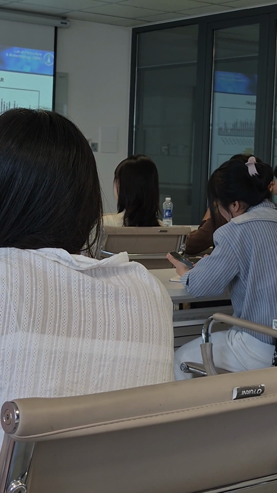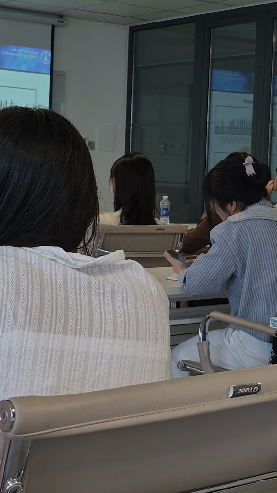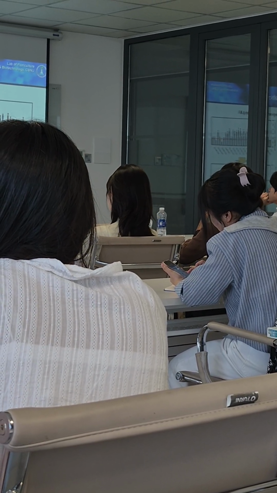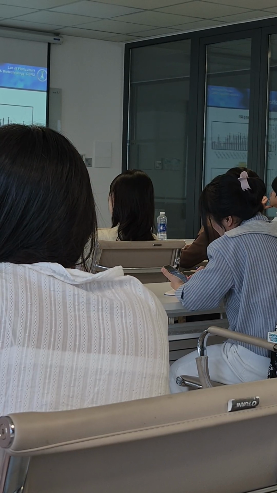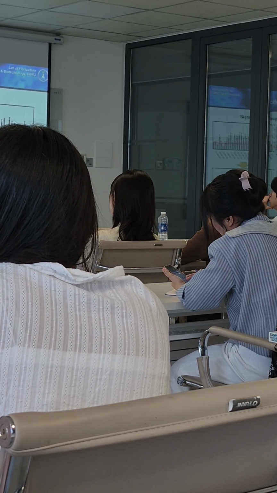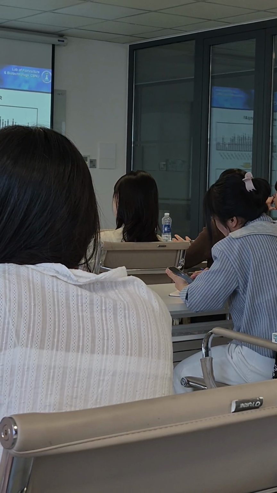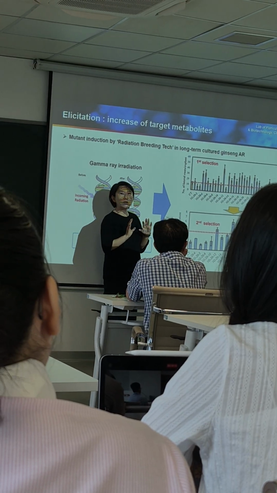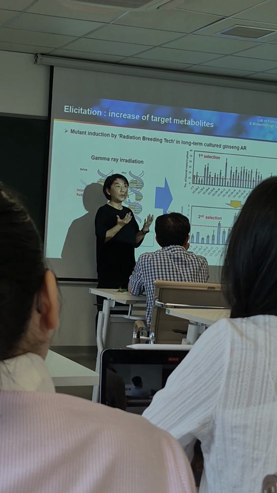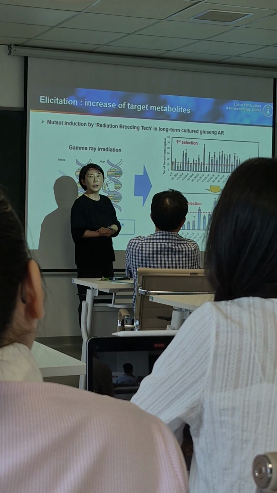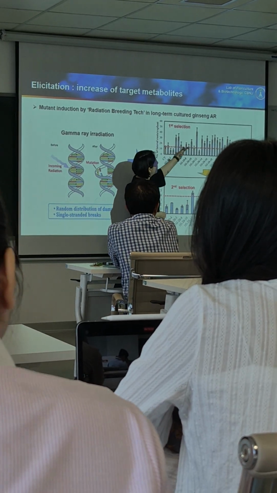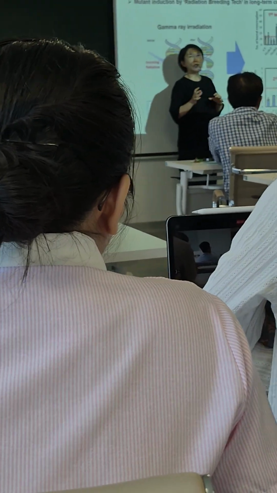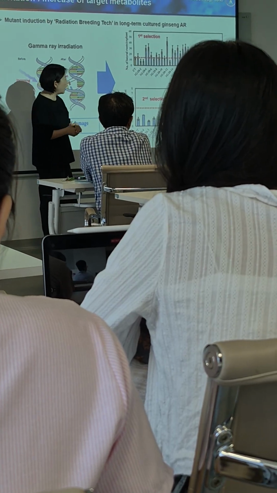So how can we select? The first selection is whether the adventitious root produces a high amount of ginsenoside or not. First, they have to produce lots of biomass. That's the first selection guideline: they have to propagate a lot. So we selected more than 15 lines according to their biomass production, and then we cultured